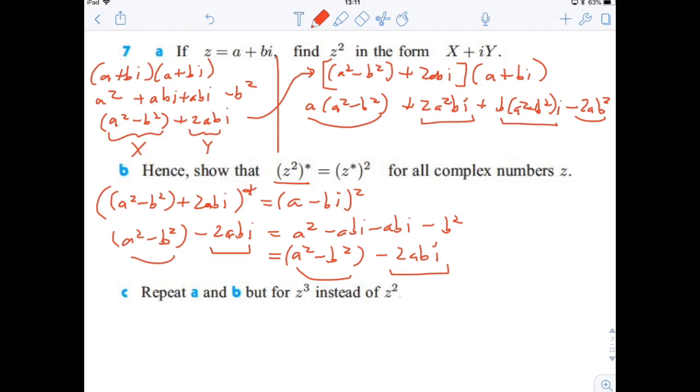The real part would be a cubed minus b squared a minus 2ab squared. And the imaginary part would be 2a squared b plus another a squared b, so it'd be 3a squared b,